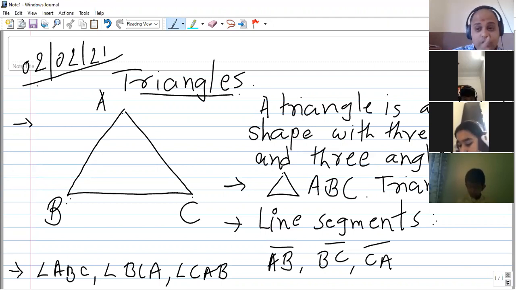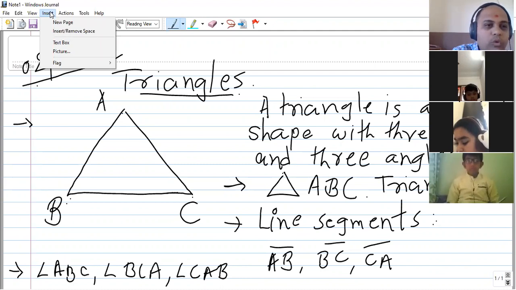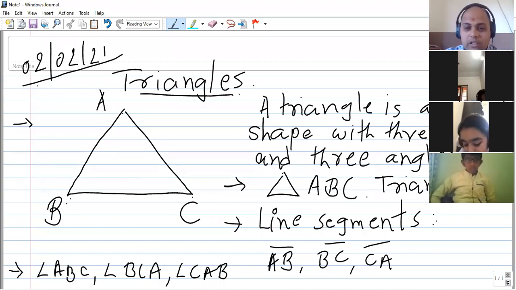Now you have done this, right? You have drawn, and I hope that it is looking much better than what you can see here, Hannah. Let me see if I can insert a picture or flag. No, I'm not able to insert shapes here. That's fine. Right? Yes, everyone understood?